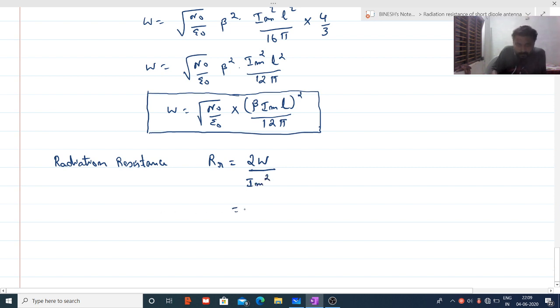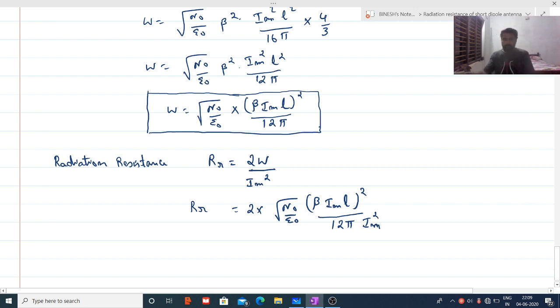So RR is nothing but 2 into W, which is nothing but root of mu naught by epsilon naught, beta I M L the whole square, divided by 12 pi, into one more term, that is into Im square. Sorry, 12 pi Im square. Okay,